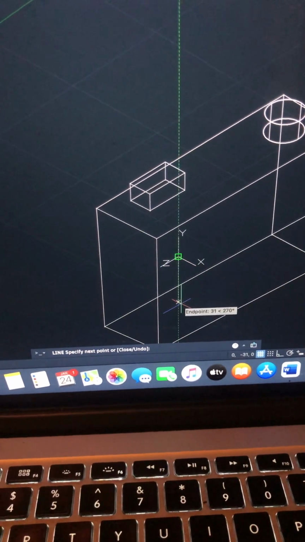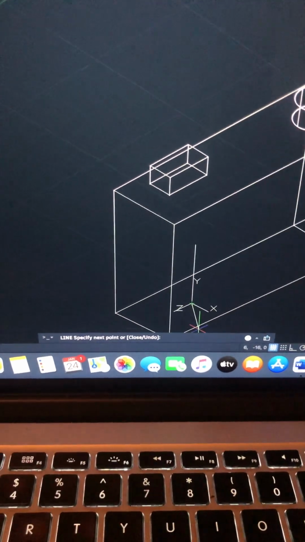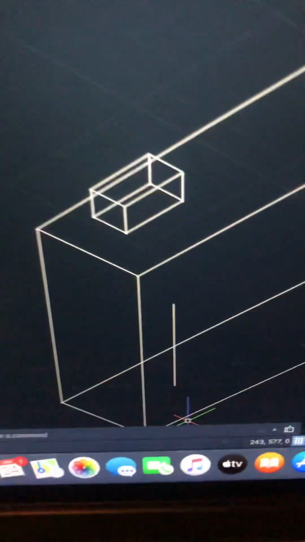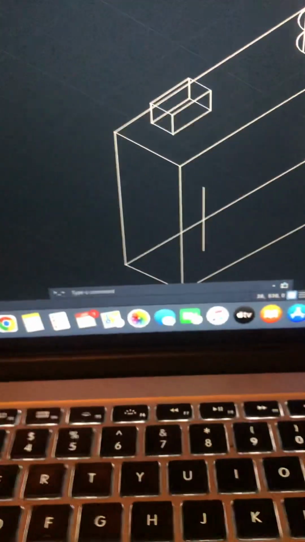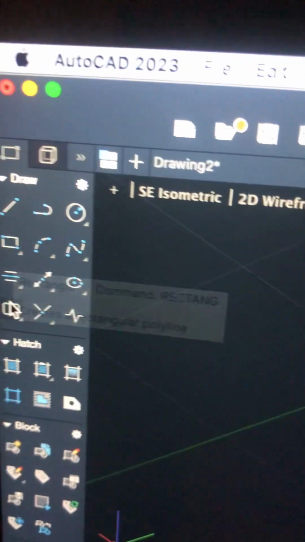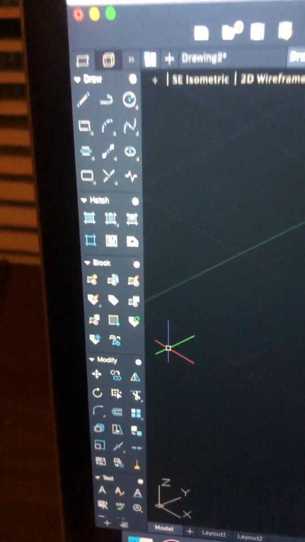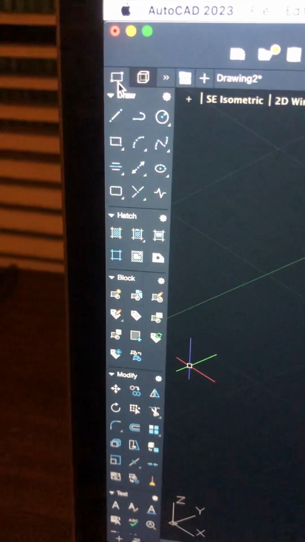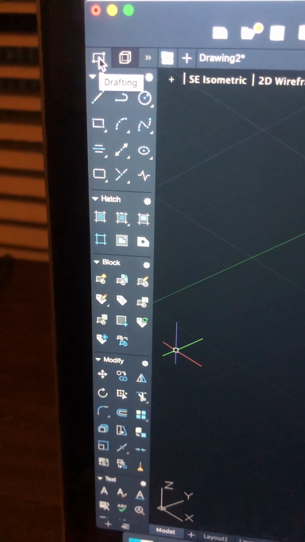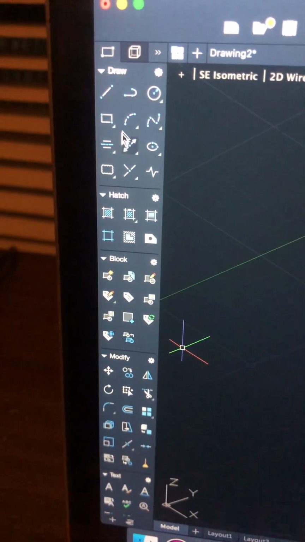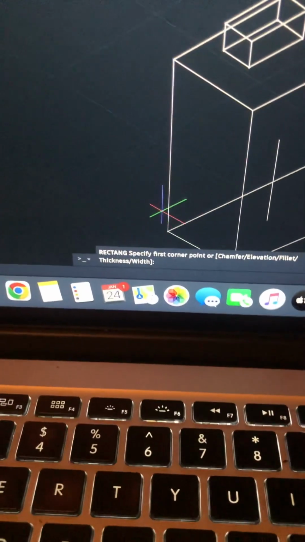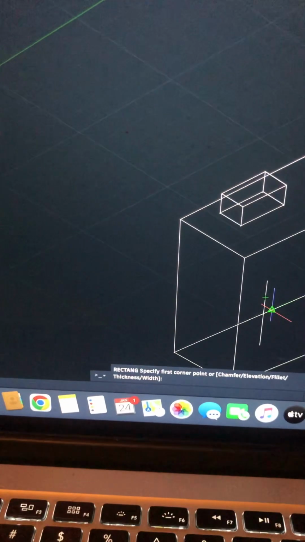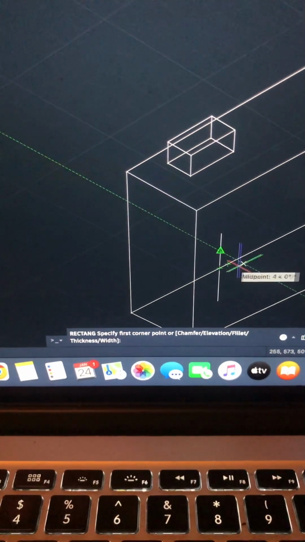You can go up and then you go down. So it's just a midpoint. We just need a midpoint or somewhere to start. So press escape to ensure that you come out of the command. Go to drafting and click on rectangle again, and it says specify the first corner, I'm gonna click the midpoint right here